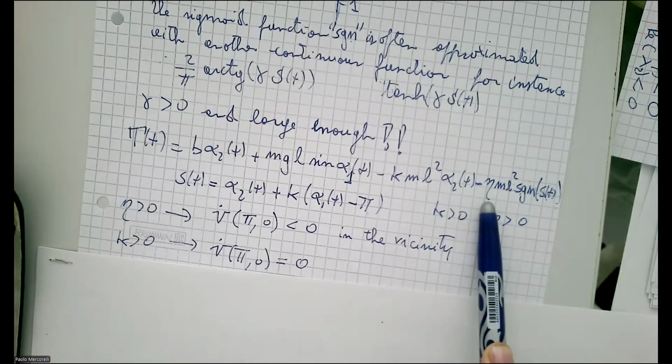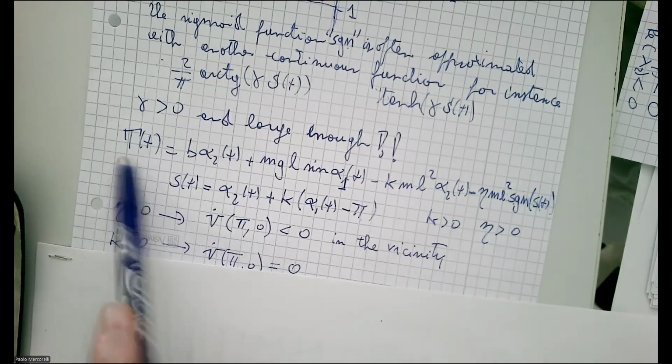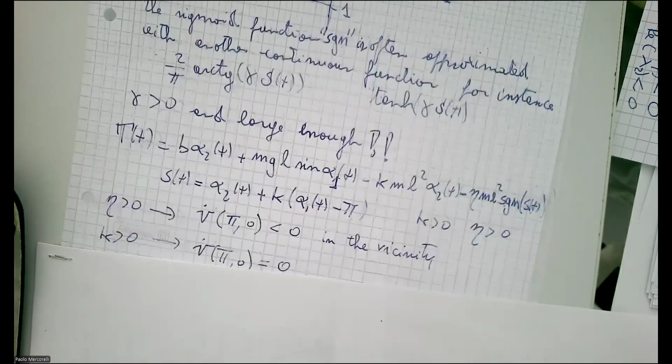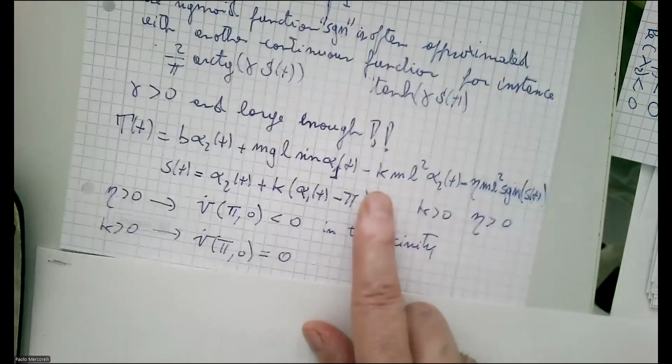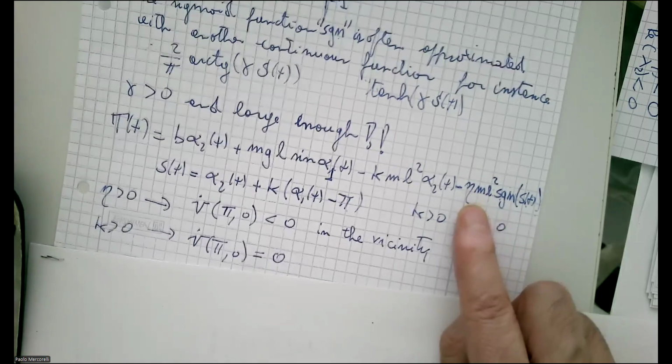Effect of eta, we demand much more from the controller. The output is amplified, as we can see here, but also amplified by K. Basically, eta and K are both parameters that must be positive, large enough, let me say, to obtain faster dynamics, in this case, to obtain also the